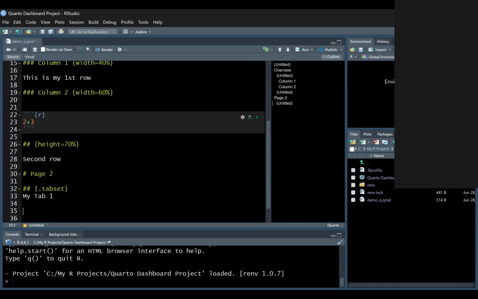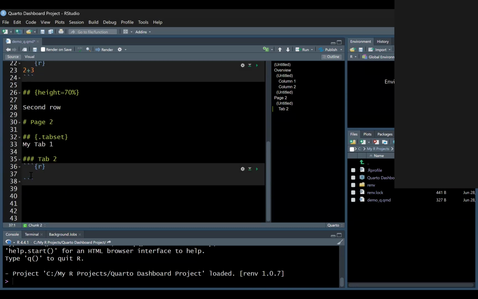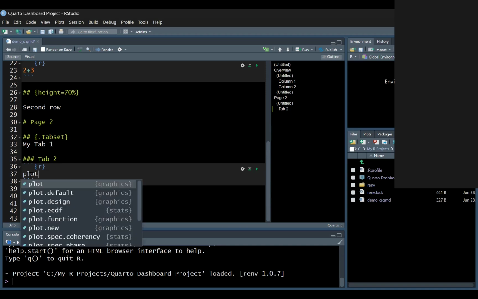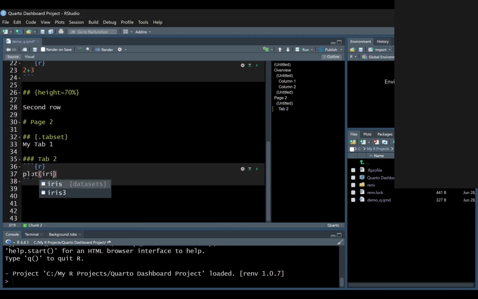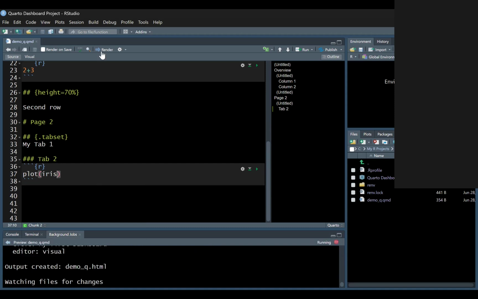If you want to add another tab within the same row, then you have to use the third level. Instead of looking at it as a column, we'll use the third level for the column. So tab, let me just give it tab 2. Control S, and I would add a code chunk here. Let me just plot virus. Save this, render, then